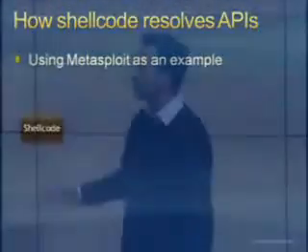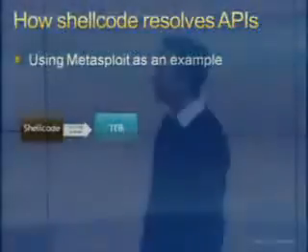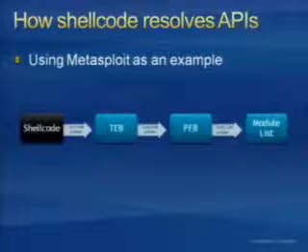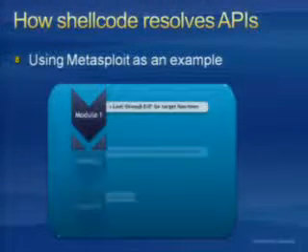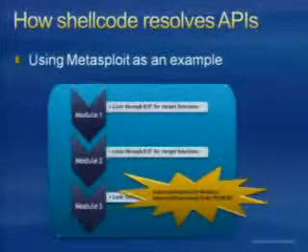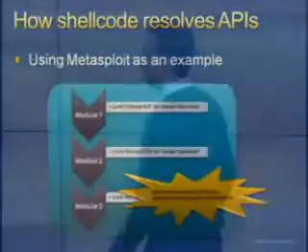Through the FS register, it goes to the TEB. Through the 30 offset, it goes to the PEB. On the PEB, we go to the LDR. And for all the modules listed in the LDR, we go through to the export address table, and we look for the specific API that we're looking for. In this case, we found it in the 3rd module. Again, we go through the address of names array, always. There are other options, but mostly 99% of shellcodes will go through this